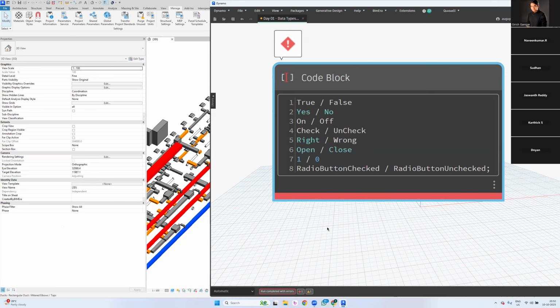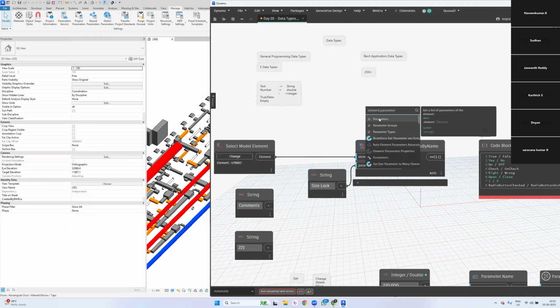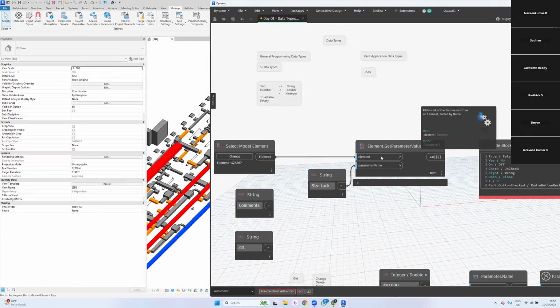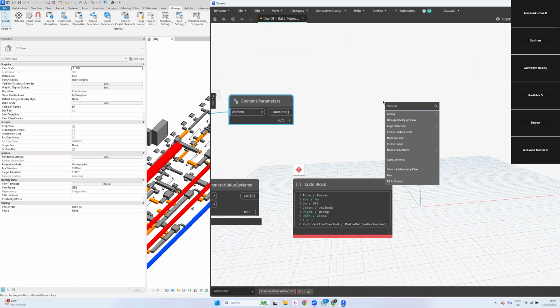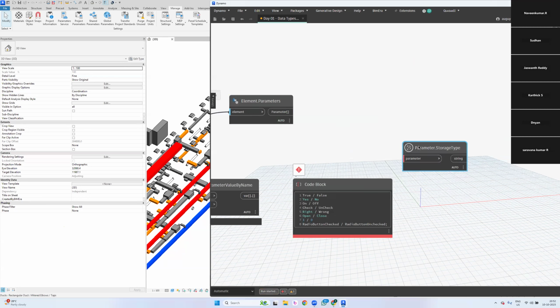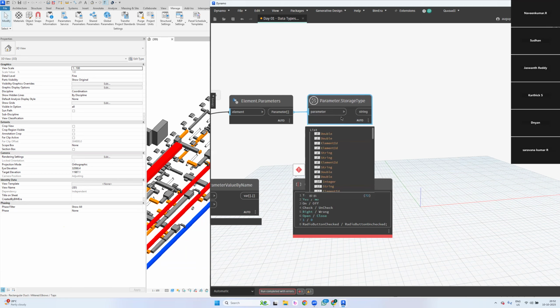Open and close, 1 and 0. Now, if I would like to check the data type of the size log, I'm asking element.parameters and parameter.storage time. If I connect this to this, you will not be able to see any